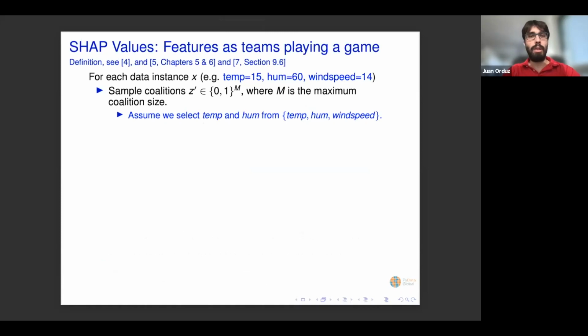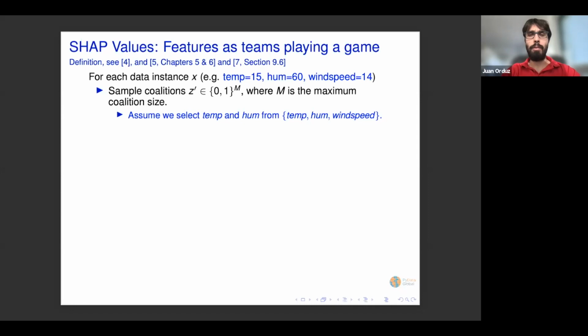So last but not least, I want to talk about SHAP values, which is again a very huge topic in an area where there's a lot of development, but it's also quite nice to understand how models generate predictions. So I'm going to give you the recipe super fast, so to say. I know there are other talks on the subject, so maybe you can look into depth. But let me go through the idea. So the main idea of SHAP values is to consider features as teams playing a game where they're competing to increase the accuracy, so to say.